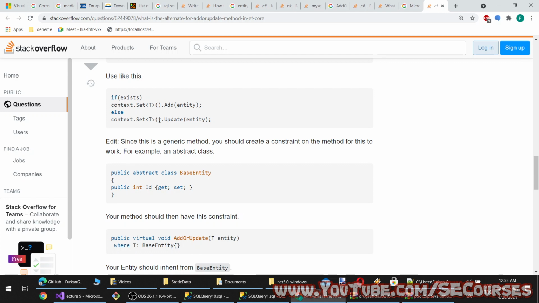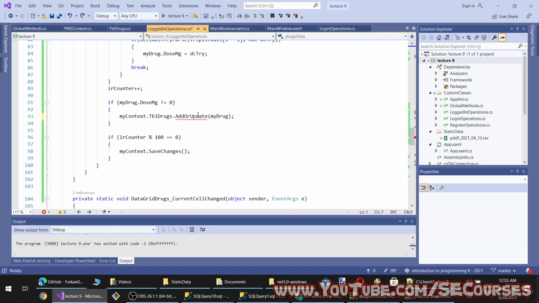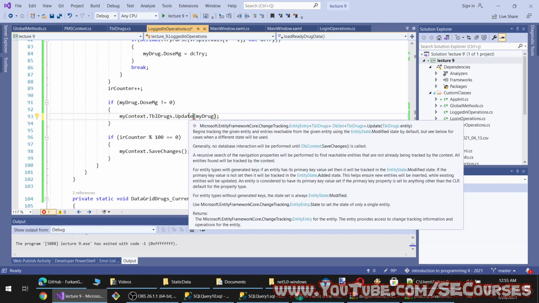Okay, there is add or update. Let's see if update works or not. Yeah, there is update. Okay, begins tracking the given entity and entry is reachable from the given entity using the entity state modified state by default, but see below for cases. Okay. And recursive is